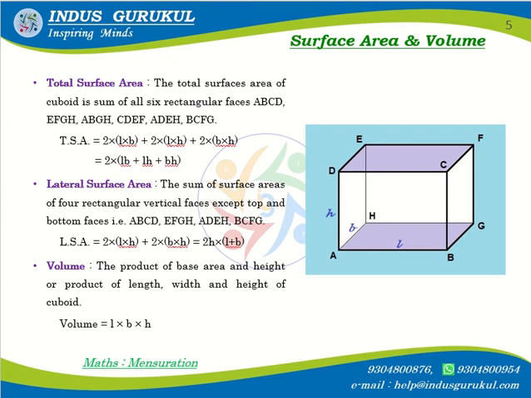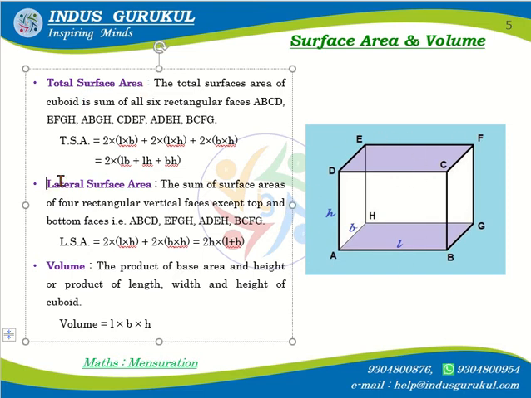Now, what is the surface area and volume? In case of a cuboid, there are 2 types of surface area. One is the lateral surface area and the second one is total surface area. When we talk about total surface area, we consider all 6 faces. But when we talk about lateral surface area, we talk about only the vertical ones. We don't consider top and bottom. So all 6 is total surface area. But if only the vertical ones, front, back, left and right, not top, not bottom, then it is